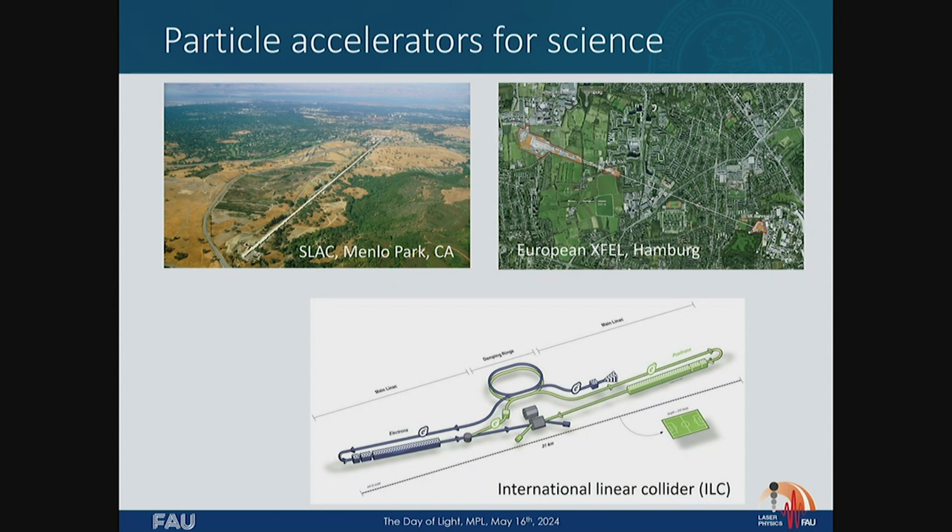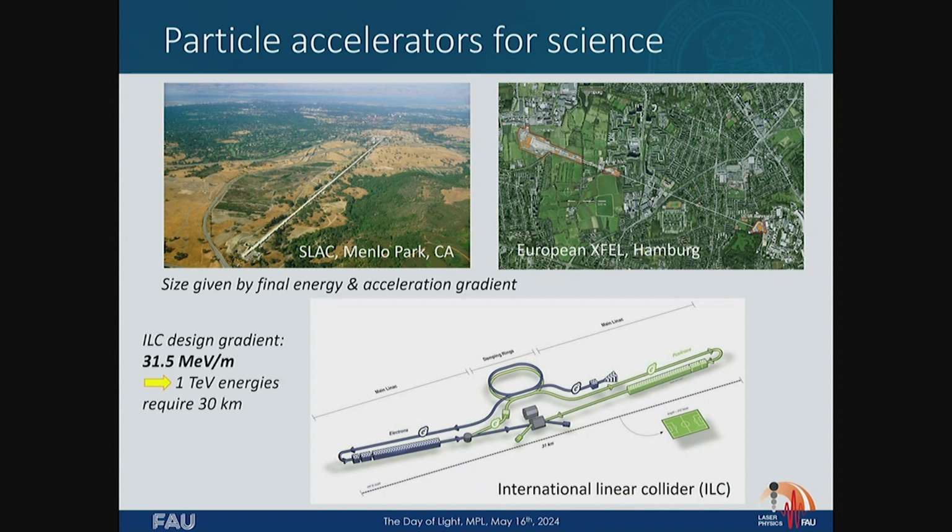Here we go. Why do we want to shrink particle accelerators? You know these big machines, why they're so big? They're so big because to generate a certain final energy of the electrons, you need to be able to accelerate them. And the larger the gradient, the larger the final energy. So it's really the gradient that determines the size of the machine. So if you want to do Higgs spectroscopy, so you want to generate particles above 1 TeV with today's gradient, which we stand at now after almost 100 years of accelerator physics, with just 30 mega electron volts per meter, you can just do the math yourself. It's a 30-kilometer long machine.